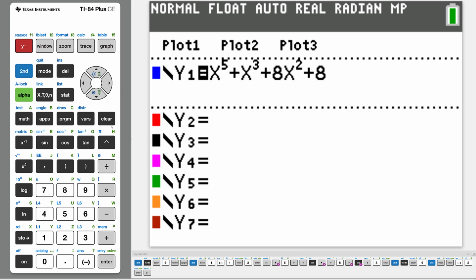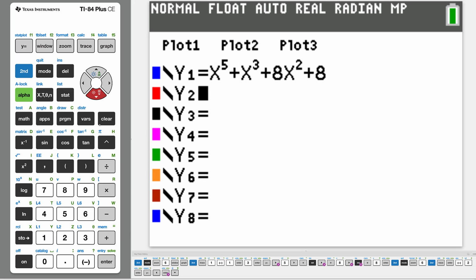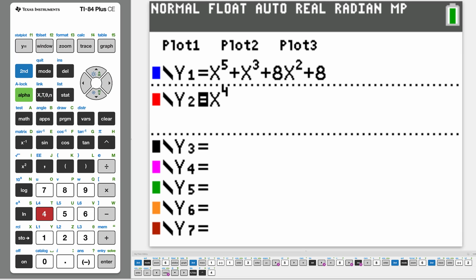So I don't want to erase this one. I'm just going to deselect it so that I can graph something else without having to see the graph of that one. So the one that I want to key in now is what we reported out. So it would be x to the 4th minus 2x cubed